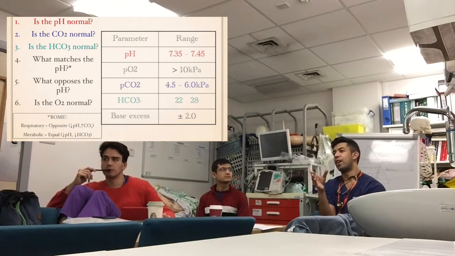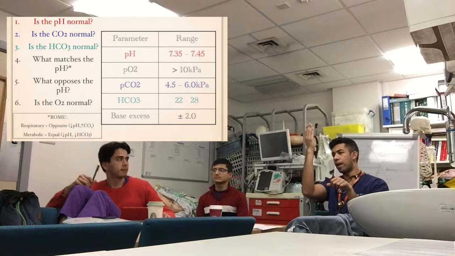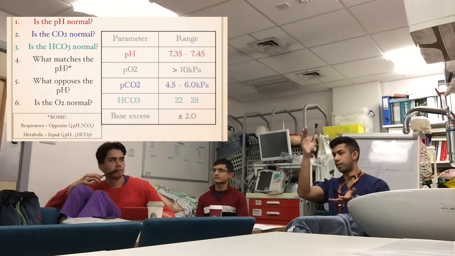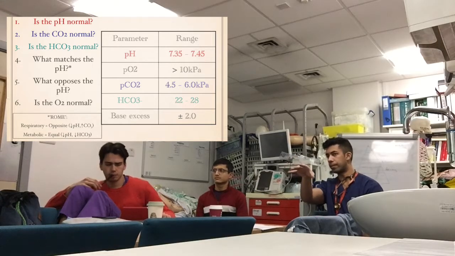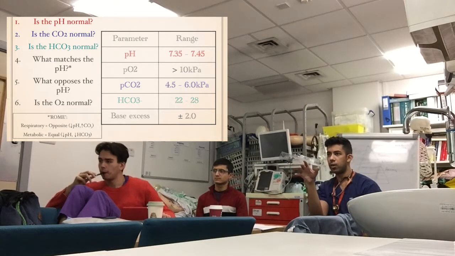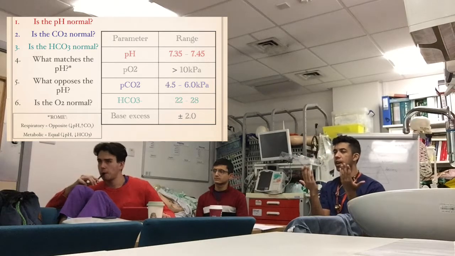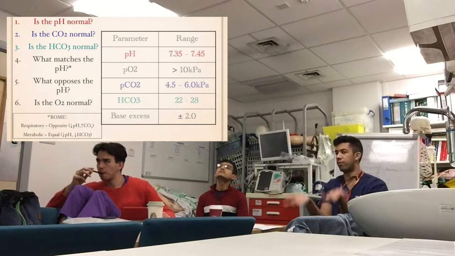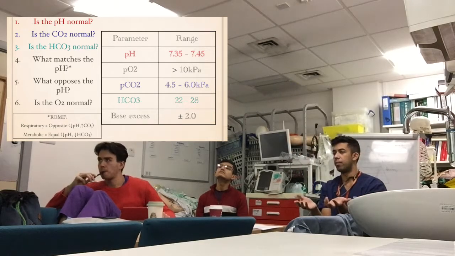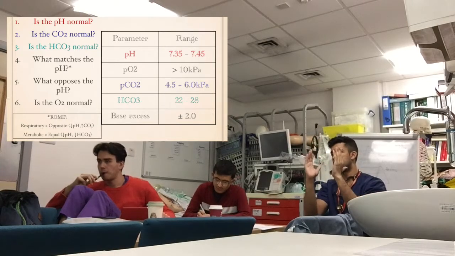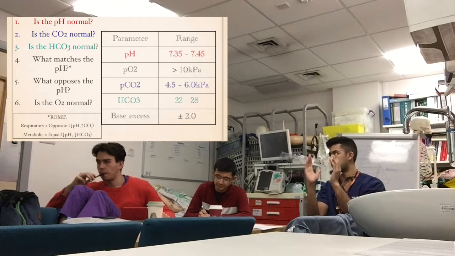If the respiratory is going the opposite way, i.e. the carbon dioxide is high, then its correlation's opposite, isn't it? That means it's telling us a respiratory thing. But if you're looking at both numbers going in the same direction, so say you've got the pH going up, so it's like a 7.5, and you've got the bicarb going up as well, they're both moving in the same direction, that's telling you it's like a metabolic alkalosis. That's telling you the relationship between them, purely numerically.